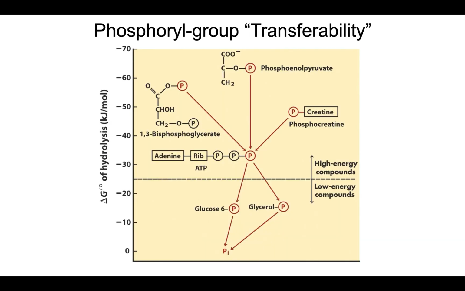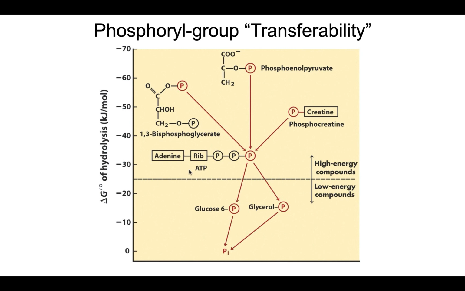However, let's take a look at something. Here is the delta G of the hydrolysis of some other phosphorylated molecules. So here's ATP, about negative 30.5. And that's greater than glucose 6-phosphate and glycerol phosphate, which means you can use ATP to phosphorylate glucose, use ATP to phosphorylate glycerol. But look at these molecules, 1,3-bisphosphoglycerate, phosphoenolpyruvate, phosphocreatine. The hydrolysis of the phosphate groups from each one of these are all more negative delta G than ATP,